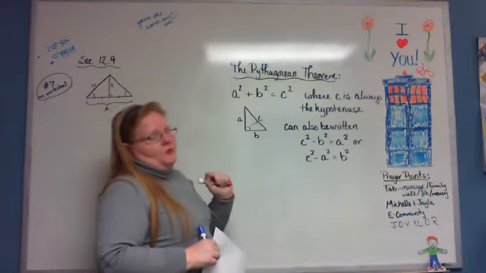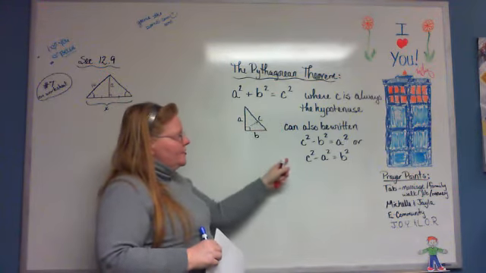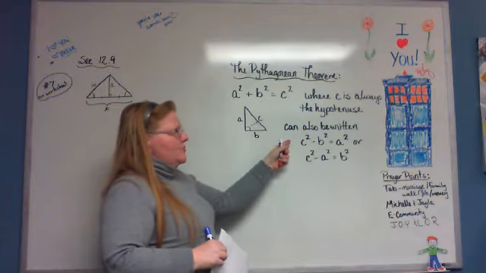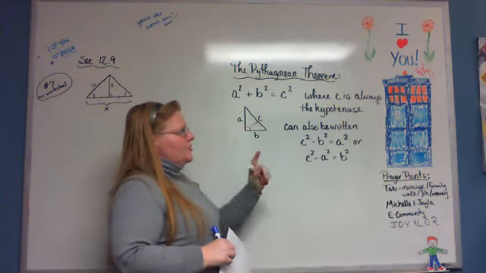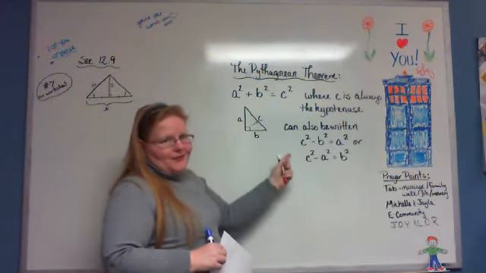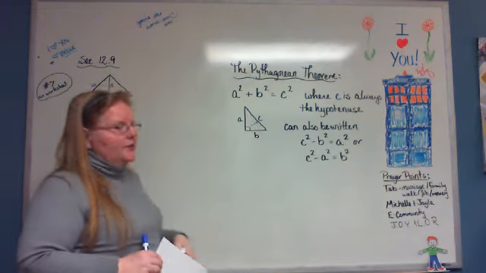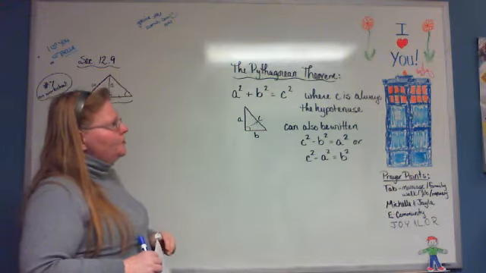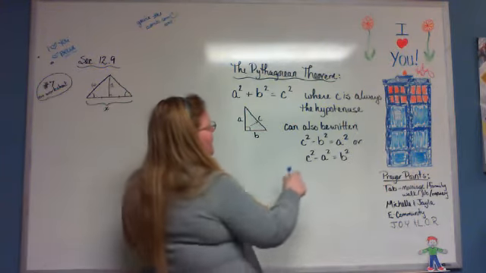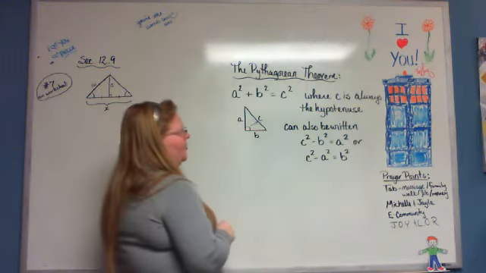This is what you need to memorize. There are other ways that you can write it. C squared minus b squared equals a squared, or c squared minus a squared equals b squared. But you don't really need these because you now know very well how to solve an equation. What you do need to make sure you always keep in mind is that C has to be your hypotenuse,